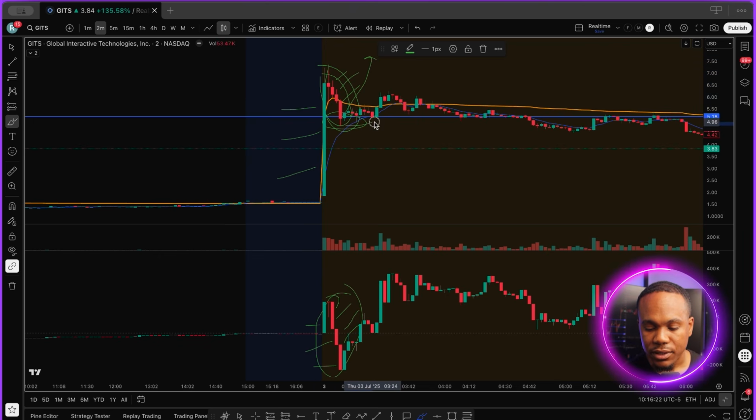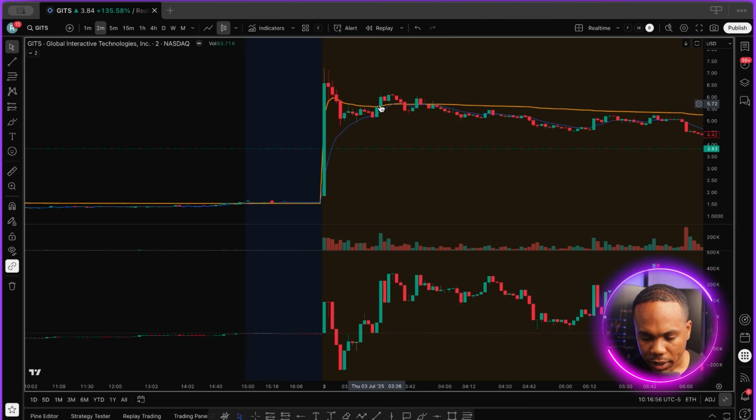And as we see, the buyers try to become aggressive here, but look, price isn't moving. So what does this communicate? Number one, sellers are more aggressive here, so we want to pause on buying the breakout here. And then number two, the buyers start to become more aggressive here. Buyers cross over VWAP. Price isn't moving.